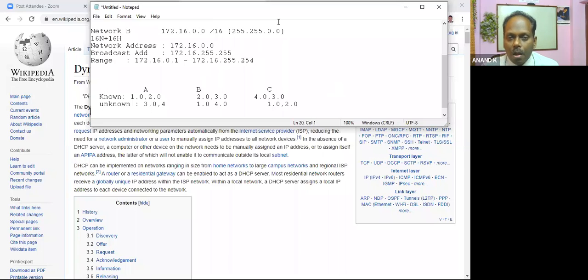Okay, so in that way, there are various other algorithms also. In EIGRP, you have an algorithm called DUAL. We call it diffused update algorithm. Where it gets diffusion, there is a pattern of what we call as